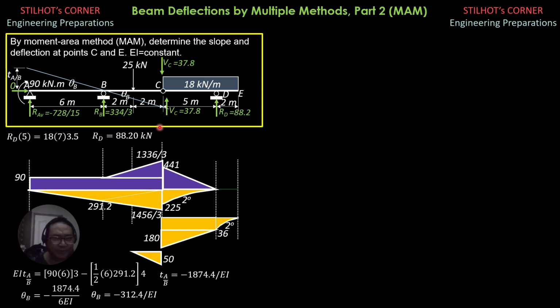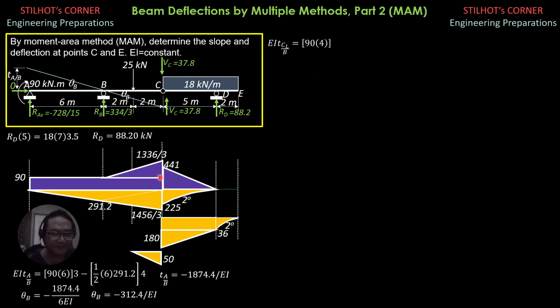Next, let's compute deviation of C left relative to the tangent at B so that we can position point C, if it is above or below the reference tangent. But definitely it is below the x-axis. So let's consider the area between B and C, this area here, and we sum up moment about C left because we compute EI times the deviation of C left relative to the tangent at B.